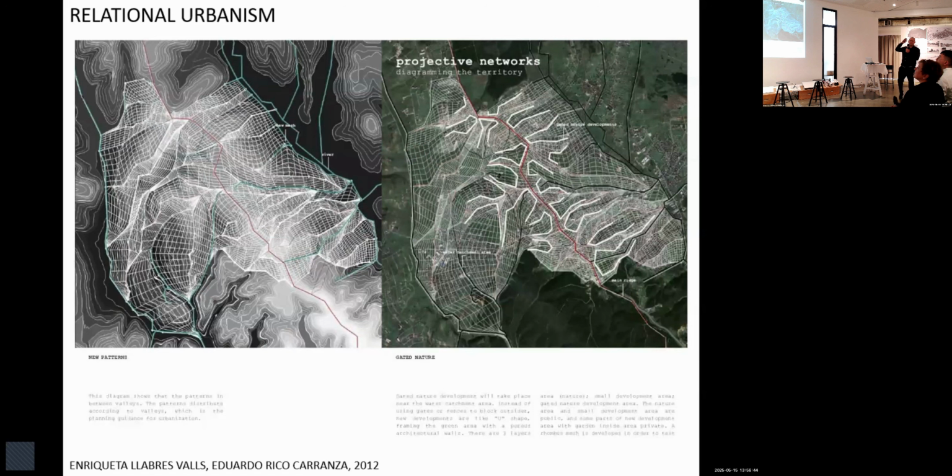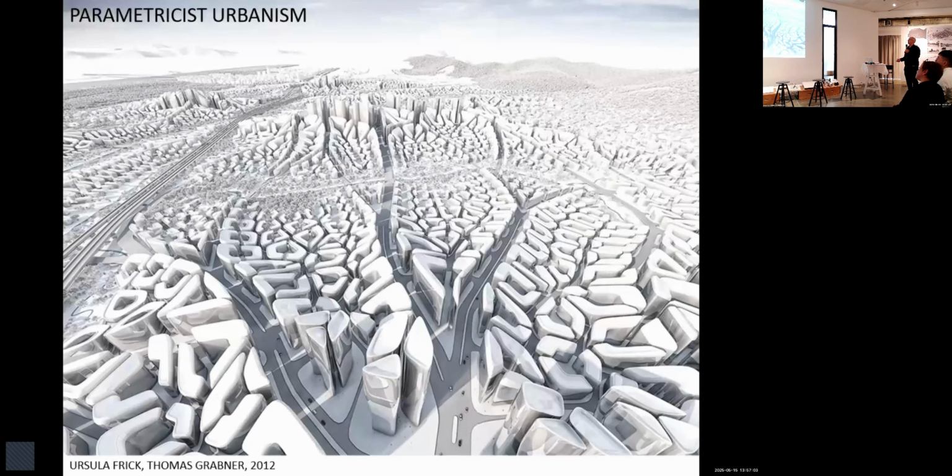I just give a few examples here. There are a lot more. Enriqueta Llabres, who for these 10-15 years has been trying to see how urban networks grow, and how you can design them according to their environment.